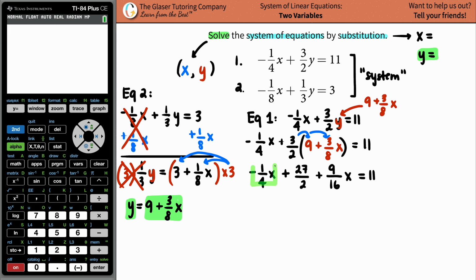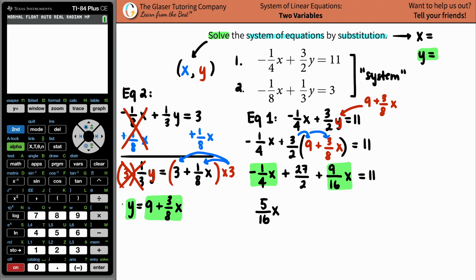Now let's combine like terms. So we got a 9 over 16x minus 1/4. This is the same thing as saying, if I times this by 4, I've got to times this by 4. So this would be 4 over 16. So 9 minus 4 is 5 over